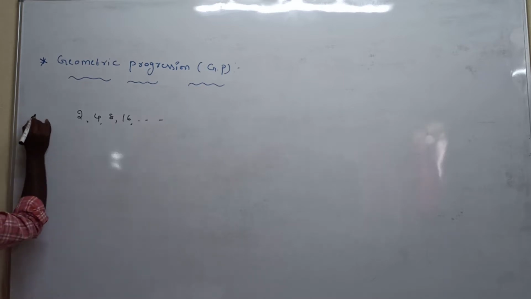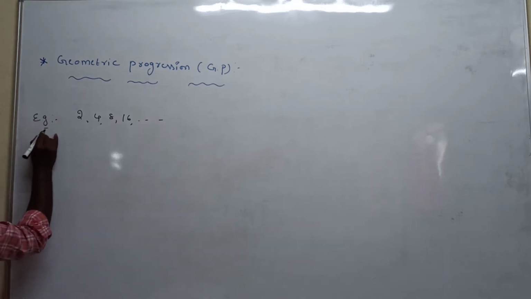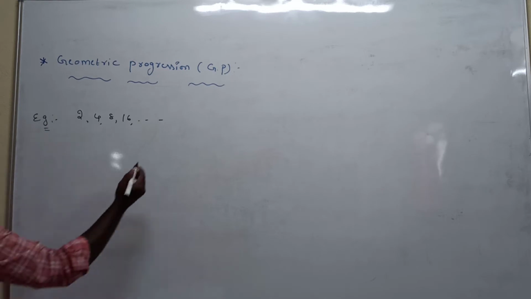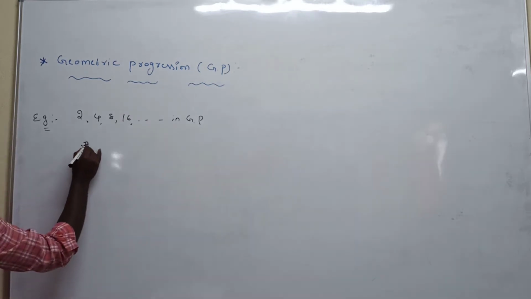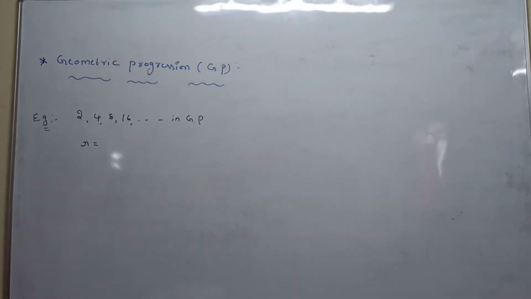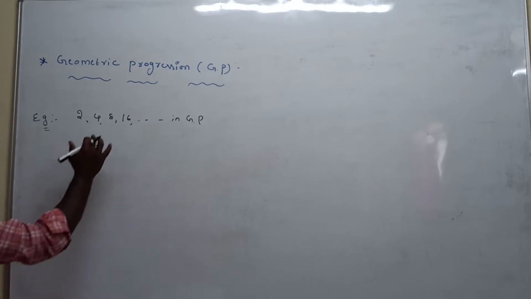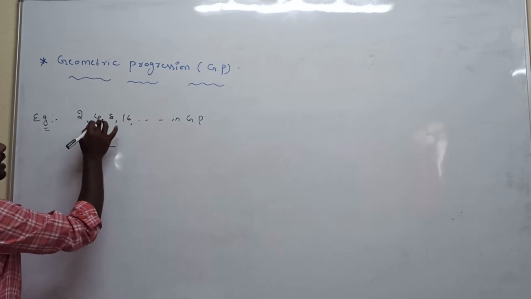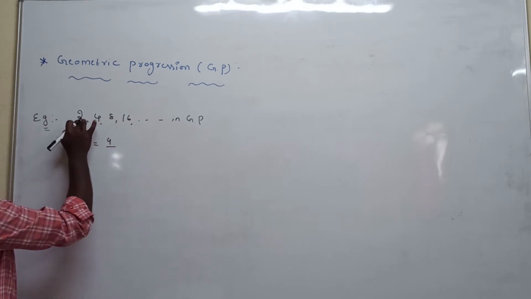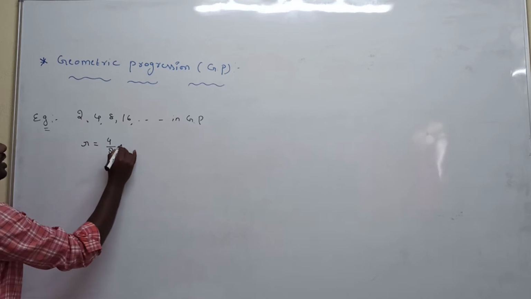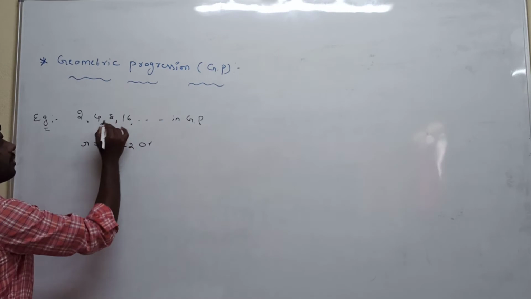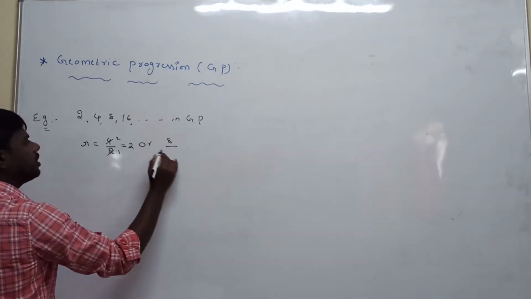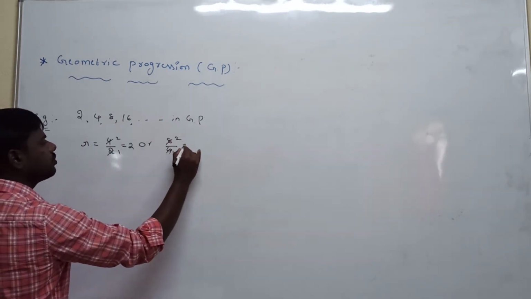Listen carefully. Example: we are taking one sequence in a geometric progression. What is the ratio of any term to the preceding term? I am taking the term 4, any term divided by the previous term 2, is 2. Now 2 ones are 2, 2 twos are 4. Next I take 8. 8 divided by the term before it, 4, is 2. 4 ones are 4, 4 twos are 8. This ratio is also 2.